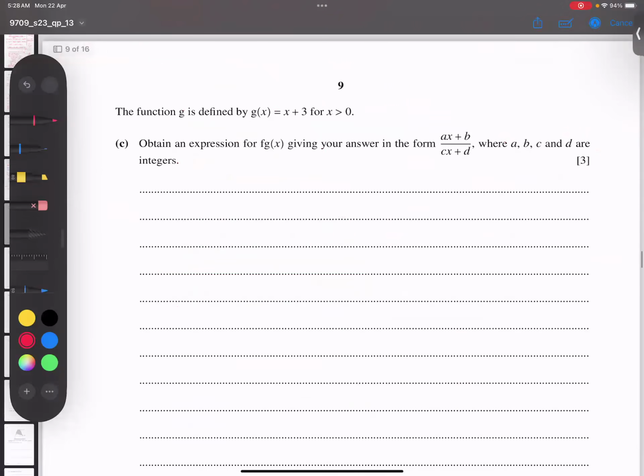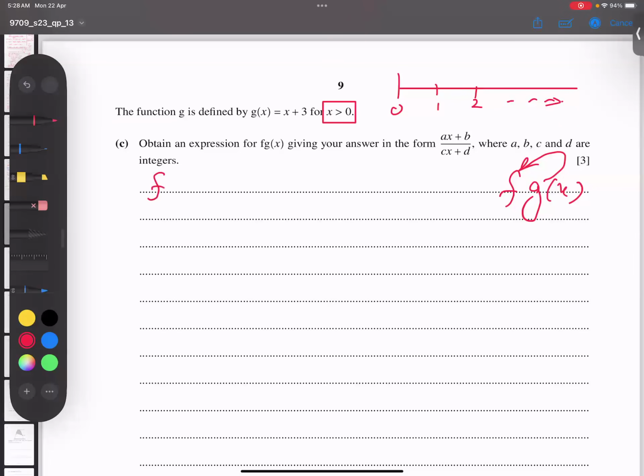Okay, let's go to the next part of the question. Function g is defined as this, and the domain is x bigger than 0, so it means starting from 0 and going to the right-hand side. And what is the expression of f of g we need in this format? This is a very basic idea. Because f of g means what? Right side function will go into the left side function. So first of all, I will copy f of x,